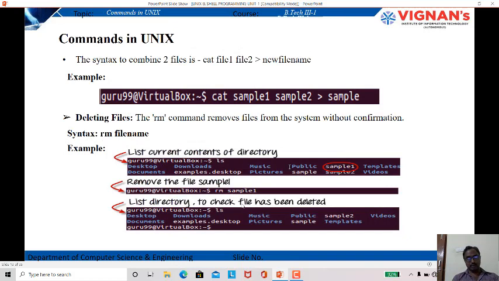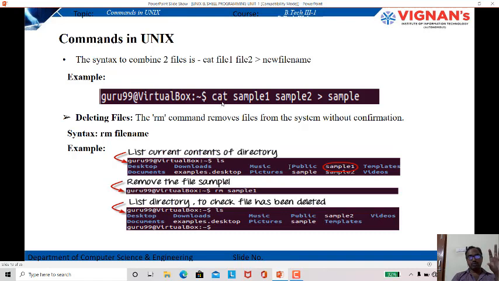Now, my dear students, just look here. This is the syntax to combine two files. Now we are going to combine two files by using the cat command. Let us assume that we have created files called file1 and file2, and we combine them into a new file name. See the example I have given here. This is the terminal, and as usual the dollar shell prompt is there.